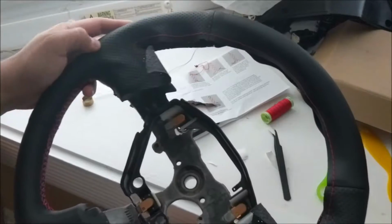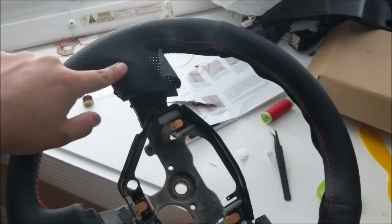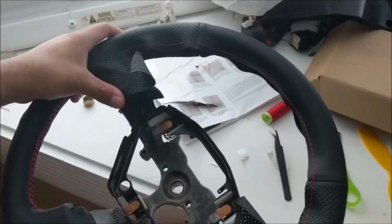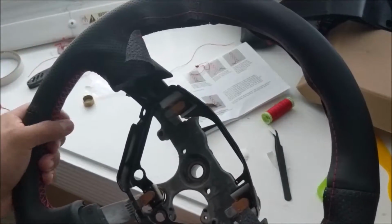what I am doing, so this stuff is as tight as possible, so you can even see the actual outline of the steering wheel underneath the wrap. I'm going along making small adjustments, and whenever I finish a certain area, just to make sure